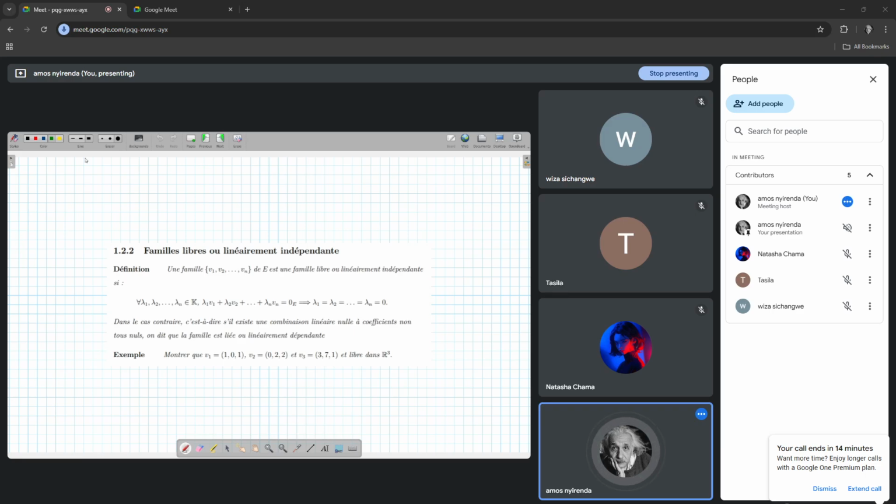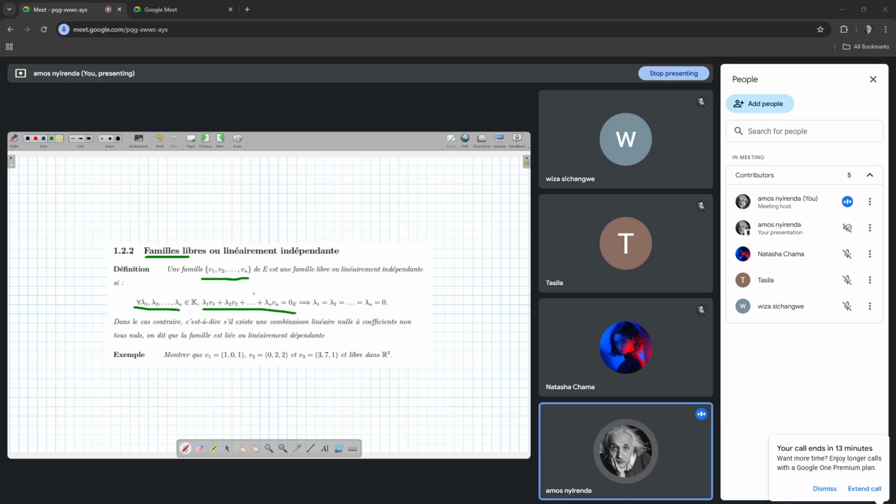Let's say we give ourselves a family of vectors V1, V2 up to Vn de E. This family of vectors V1 up to Vn is going to be what they are calling une famille libre if for all scalars lambda 1, lambda 2 up to lambda n,